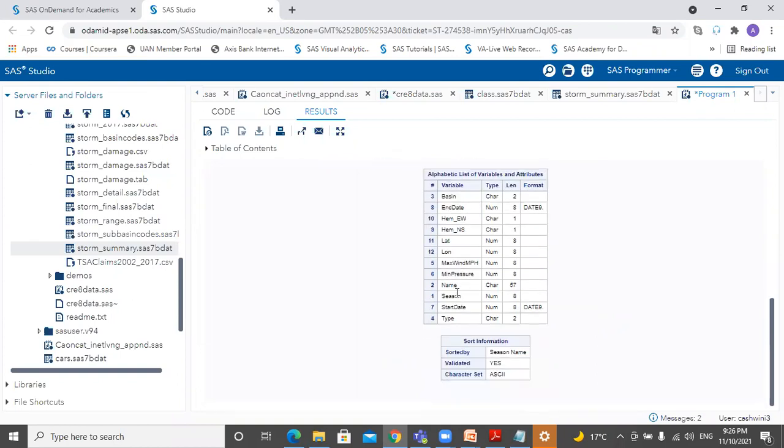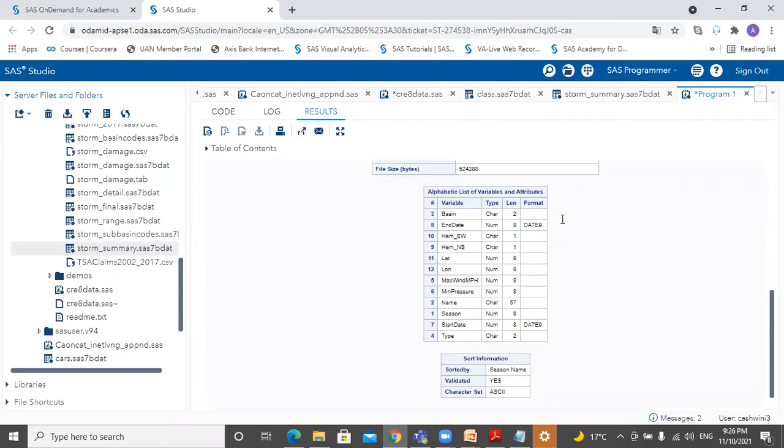These are the variable names, shown alphabetically. This is its type, its length, and format, which is how the format is applied to view the data values, for example for dates. We'll see format in detail later, but this is the alphabetic list of variables and attributes.